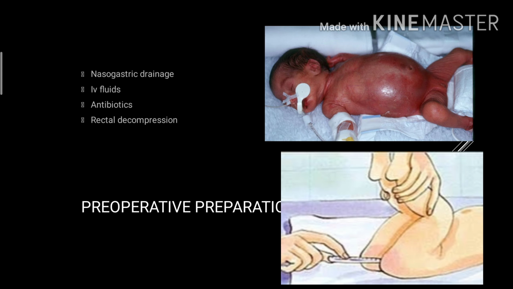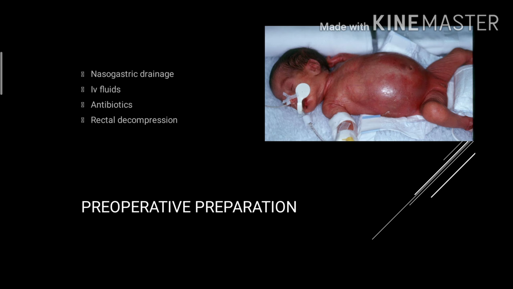When we put the rectal thermometer into the rectum, we can see a gush of the fecal matter coming. So that is a clinical finding which is suggestive of HD when we examine the anorectum. Now evaluate for other cardiac disorders whether it is a syndromic HD or not. Then there can be primary pull through.